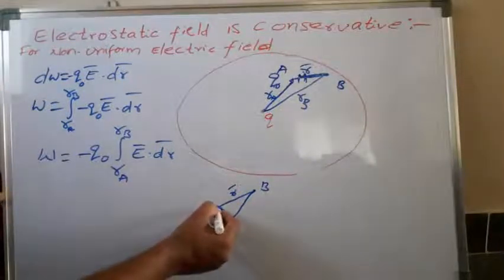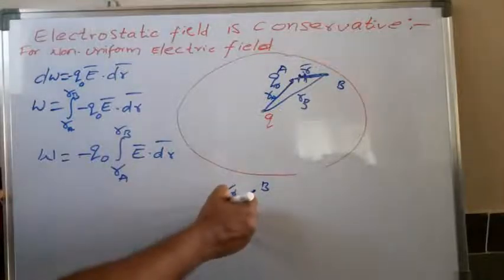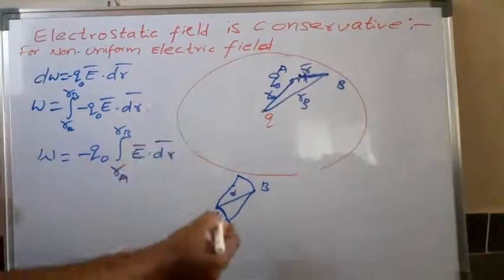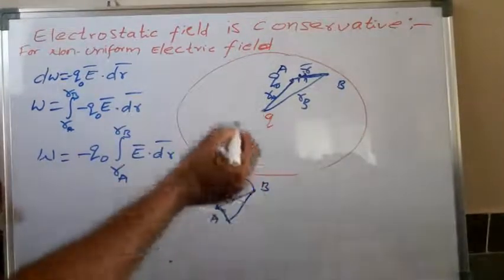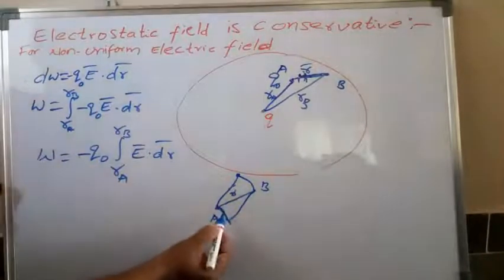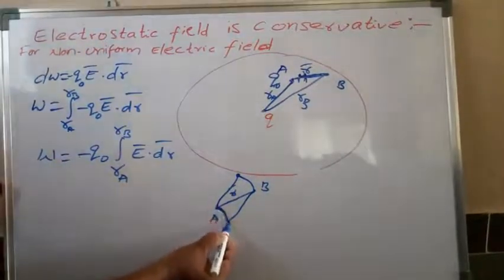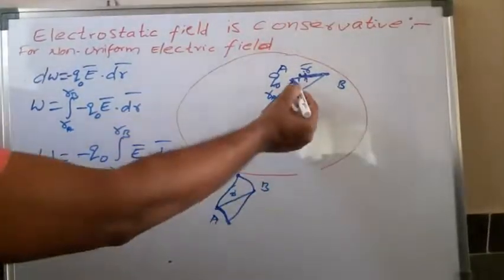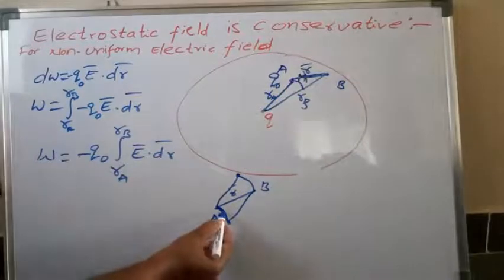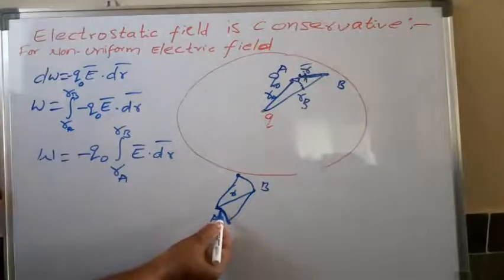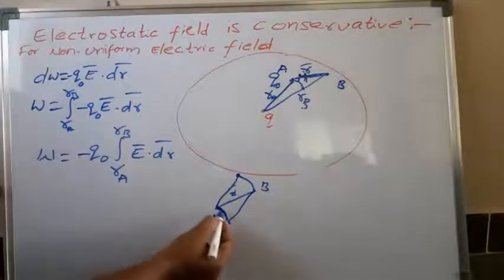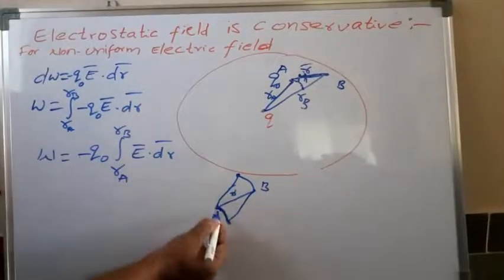Or in other words, we can move along this direction and then move the charge from here to here. We are observing different cases. What happens in each case? If you observe this arc, E is constant everywhere and it is perpendicular to the direction of R. The electric field direction is radial outwards. So E dot dr is 0 everywhere.